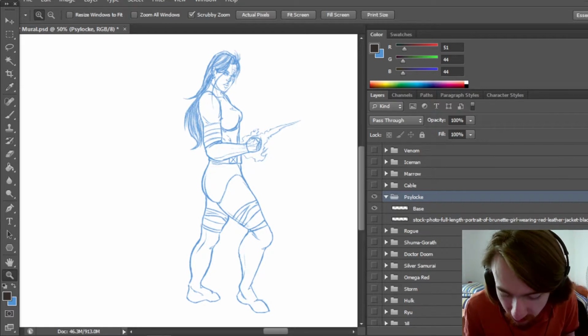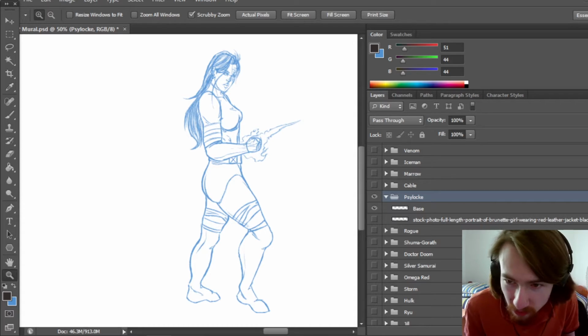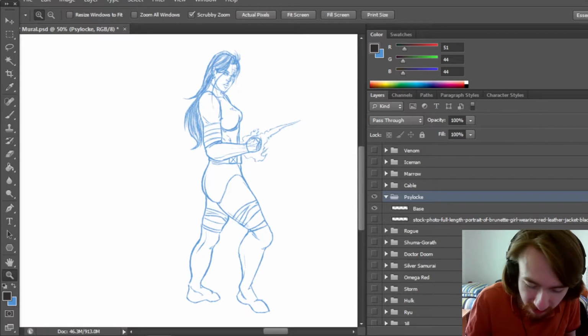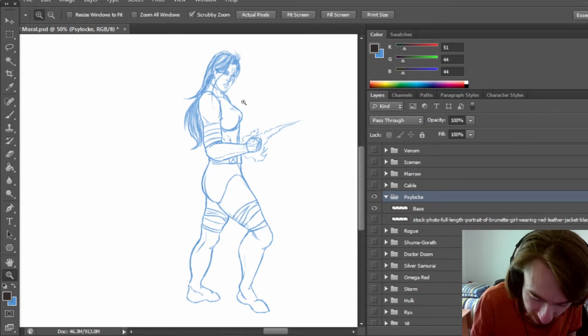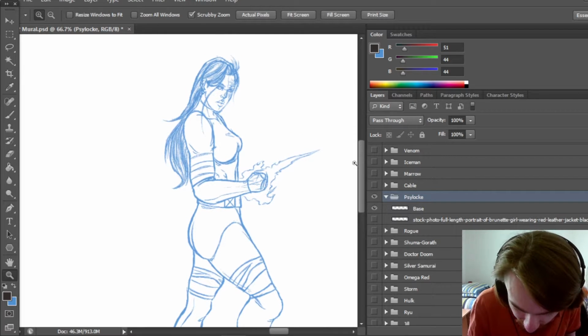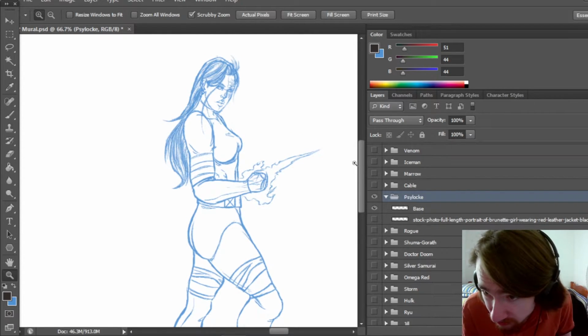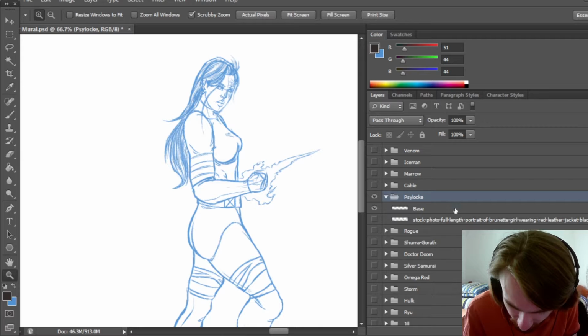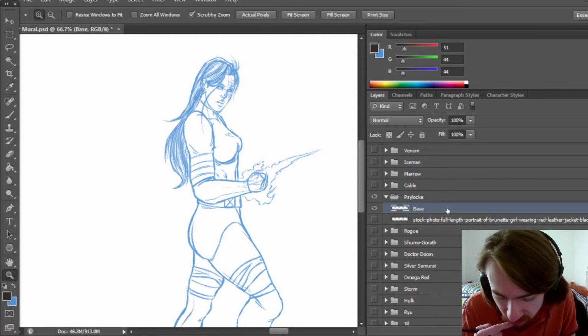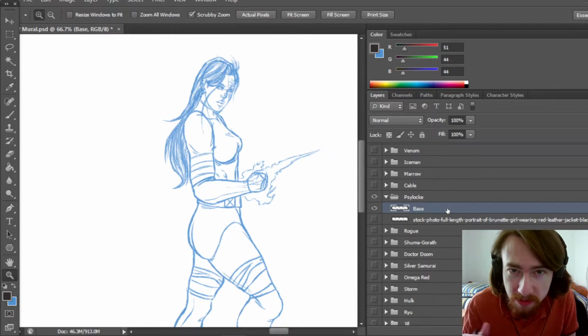I could probably have gotten away without doing it, because it is quite distracting. I think it's a scar anyways. Could be a tattoo. I don't know what it's supposed to be. I think it's a scar, but it's a very specific shape, so it very well could be a tattoo. I'm thinking that I might not actually put it in as part of the details. What I might do is just do that in color, now that I think about it.